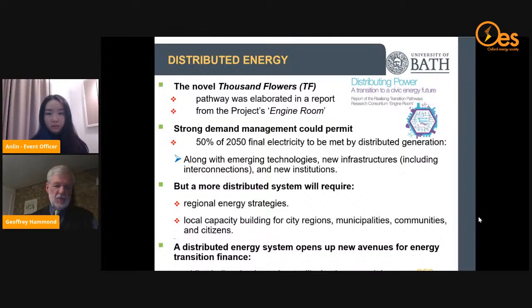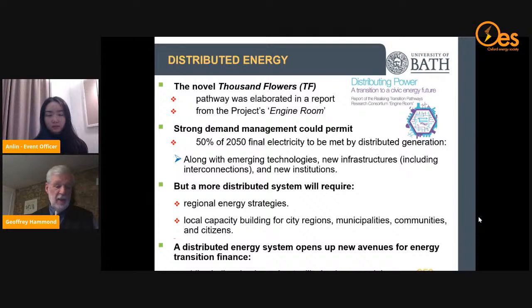Now, in this consortium of 9 universities, we had a number of researchers working on the project in both phases of the project. And it seemed to us that it would be a good idea if we gave them a project which was quite separate from the principal investigators, the academic researchers, if you like. So the task that we gave to them, and we called them collectively the engine room, was to flesh out this Thousand Flowers scenario, because it was the one that was most different from the situation that we have in the energy sector now.